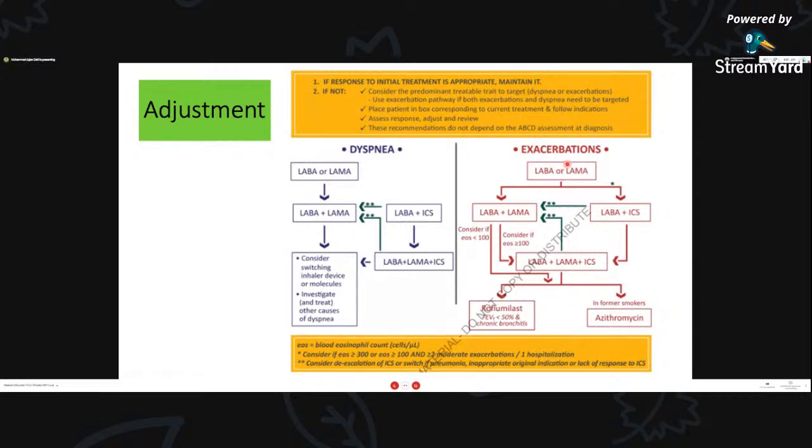So we can see that we start with LABA or LAMA, then we add in a combination therapy, either LABA plus LAMA or LABA plus ICS. And if another step up is needed, it would be LABA plus LAMA plus ICS. This is also known in the guideline as triple therapy, where we combine LABA, LAMA, and ICS. So we can decide to escalate the patients in a stepwise manner after we review them. So we need to see these two components, exacerbation and